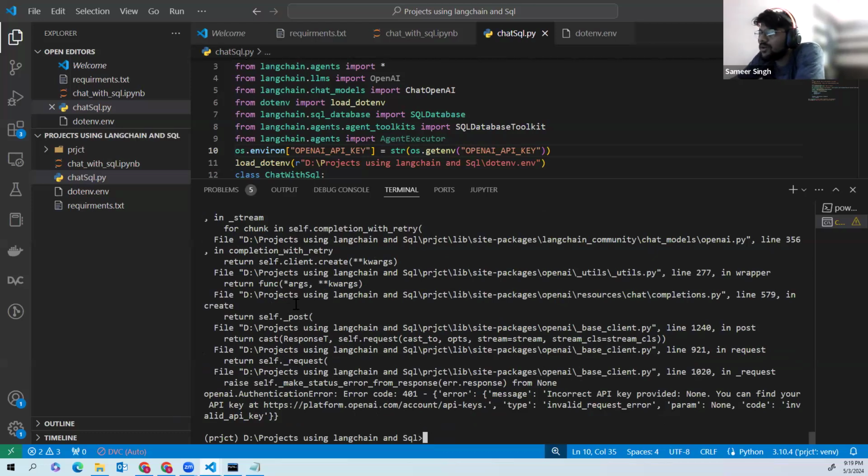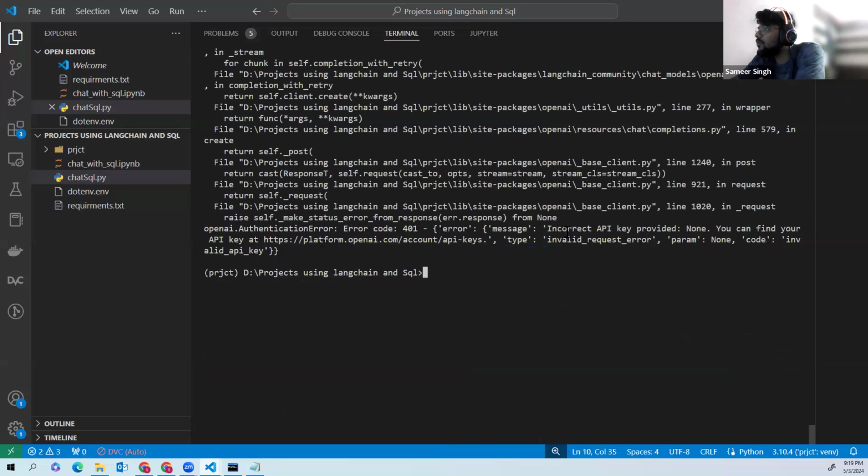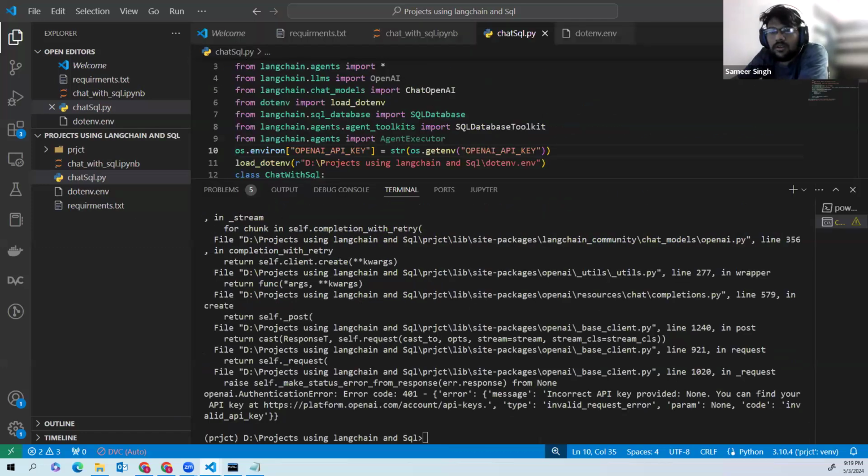But there's another issue we got. Error message: incorrect API key provided. You can find your API key, so why is it incorrect? Let me see the reason, guys.